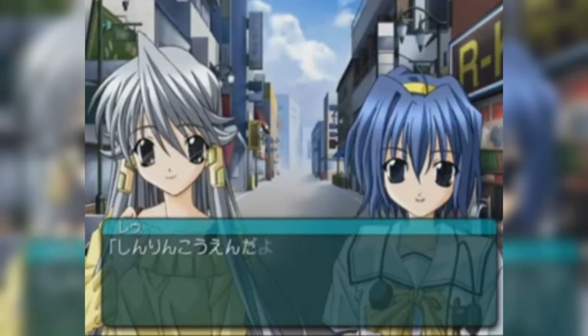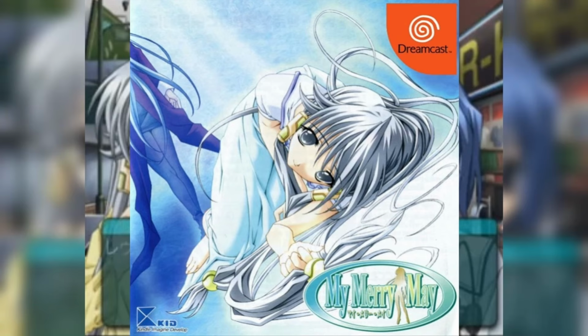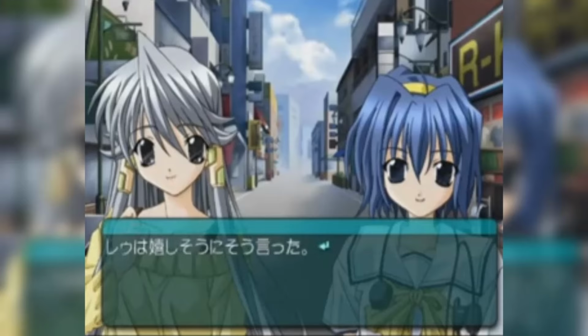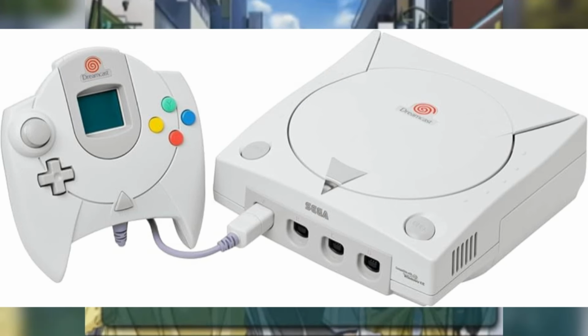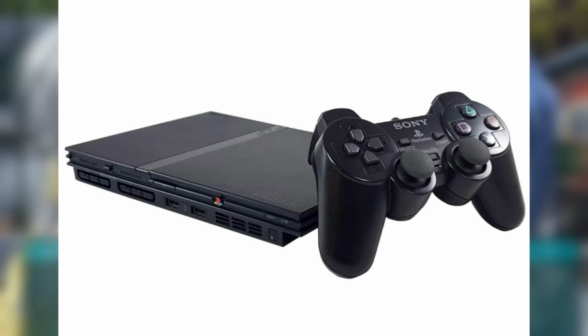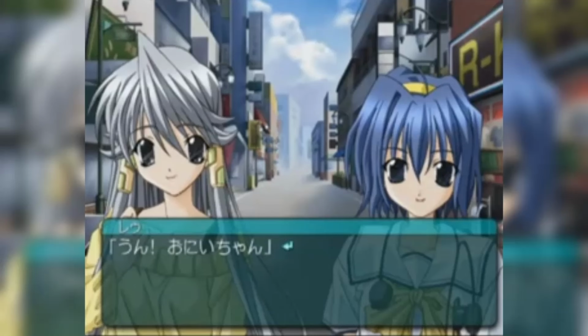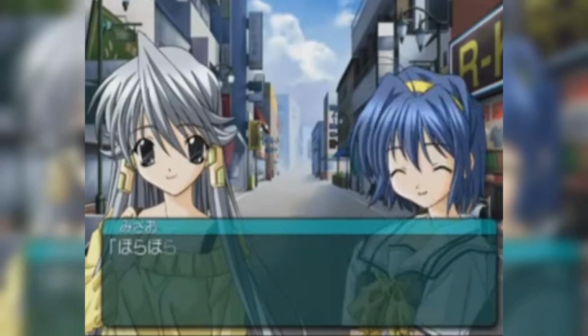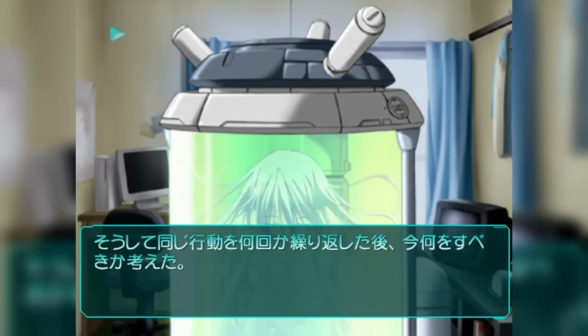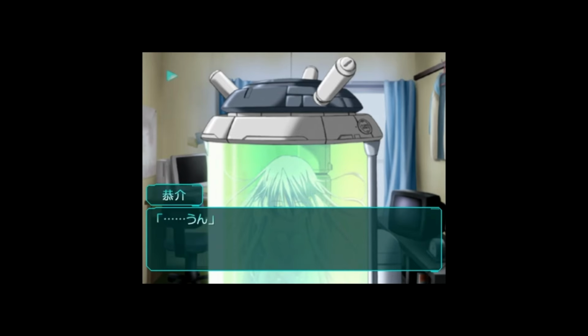Lease is a song from My Merry May, a visual novel video game that was released in 2002 for the Dreamcast. It was later ported to the PlayStation 2 in 2003. My Merry May tells the story of Kyosuke, a high school student who lives a normal student's life in a dormitory, until one day he receives a strange device from abroad. Inside the device, there is a female replica,